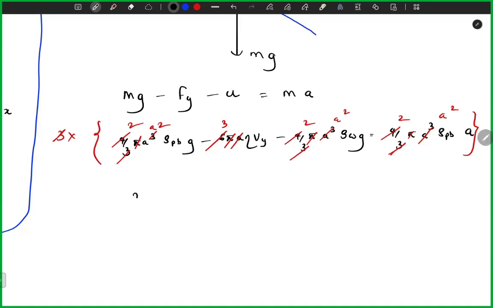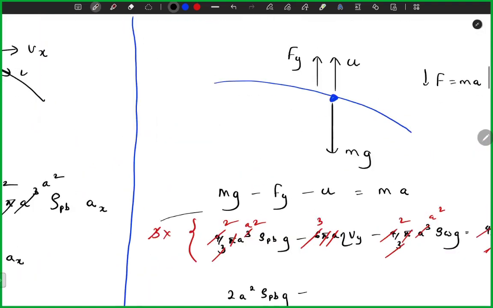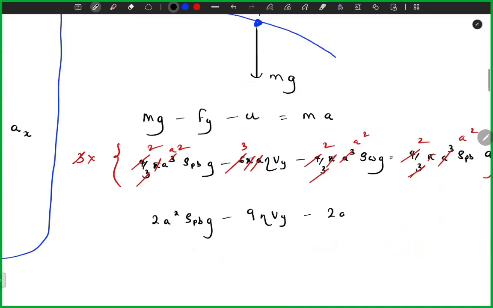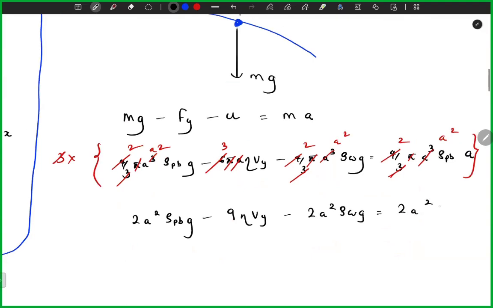You get 2a squared rho pb g minus what? Now, 3 times 3, because this 3 has to be multiplied by this 3, right? So 3 times 3 gives you 9. So 9 eta v y is there? Yeah. And here we have what? 2a squared rho w g. And then we have 2a squared rho pb